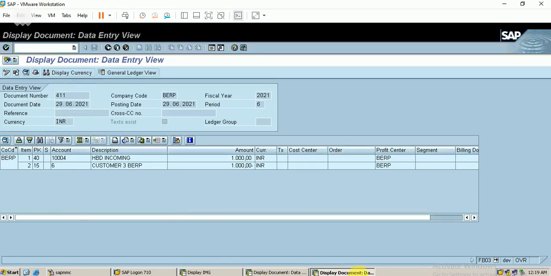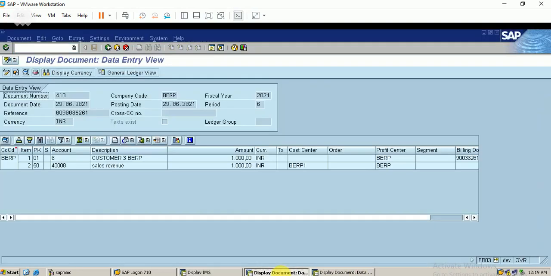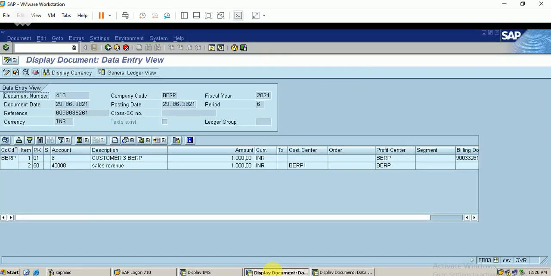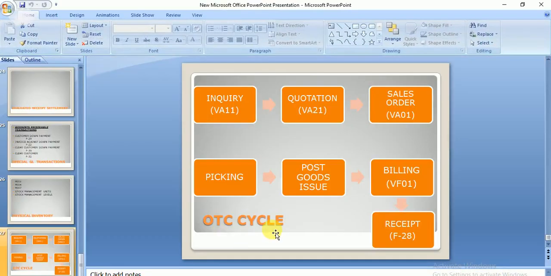And this is the receipt of payment from our customer. This is the entry that is made during the F-28 T code. So with this, the order to cash process has been completed.